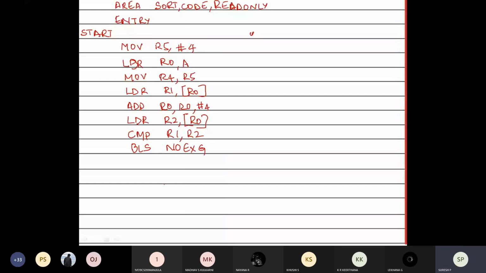So I will come here to no exchange, where I am not going to do any exchange. That is, inside the if it will not enter, it will come out and subtract j. Your j is holding in R4. So SUBS R4, R4, #1. Then if it is not equal to 0, I have to go for the next comparison. So it is going to load to the next comparison here.